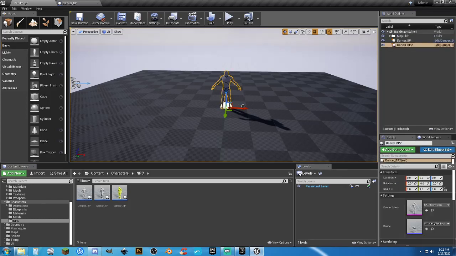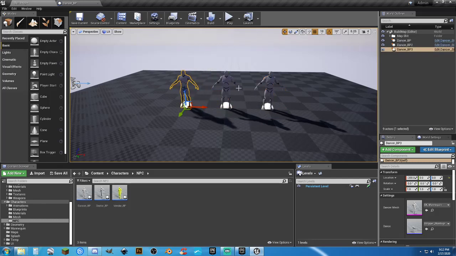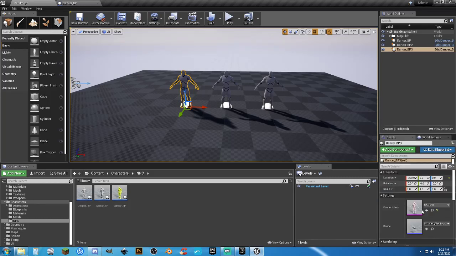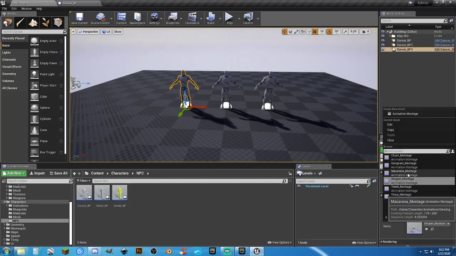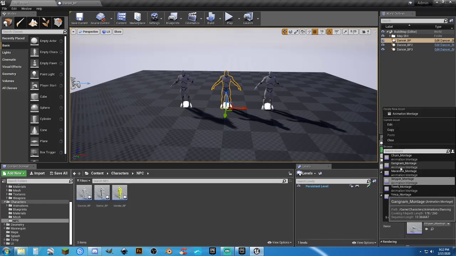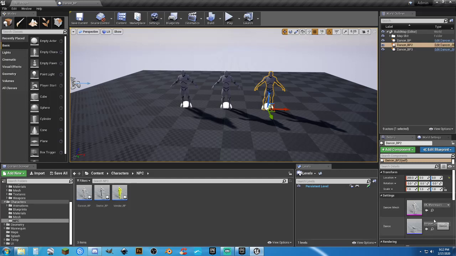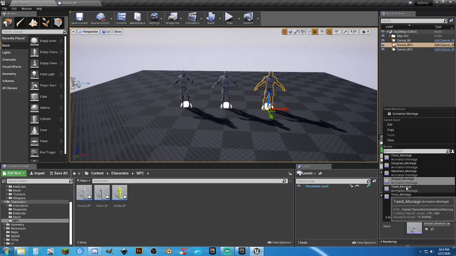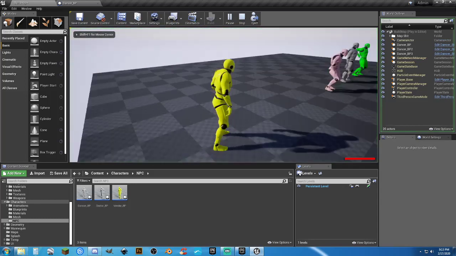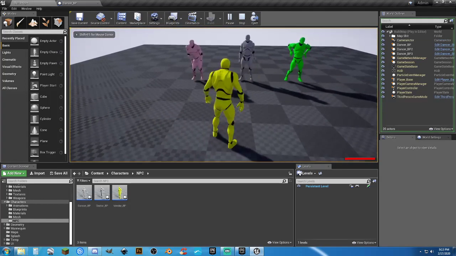So now grab this guy. Control C, Control V, copy and paste. Two more in here. And on this one, we want to use pink, and we'll leave that as stripper. We'll change this one to the Gangnam Style. This one to green and Macarena. So all three have different configuration. So whenever it actually starts,